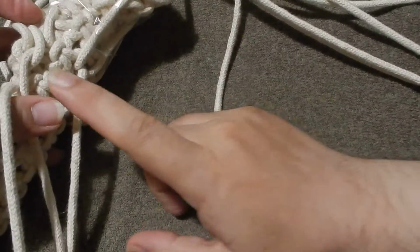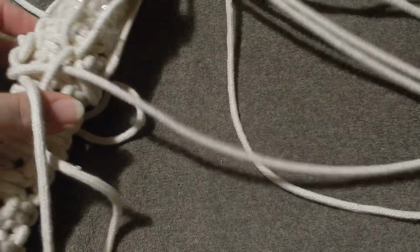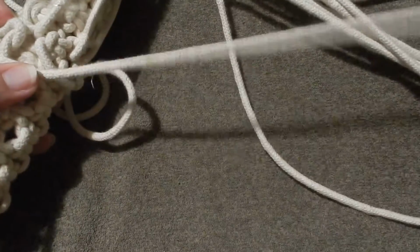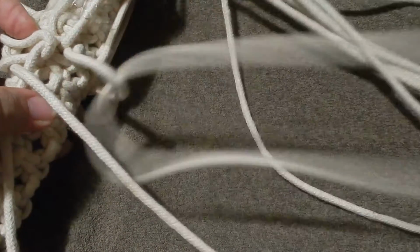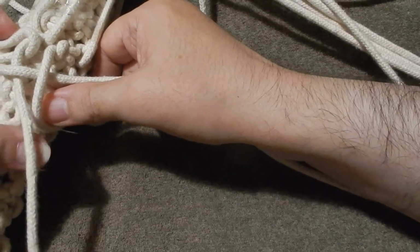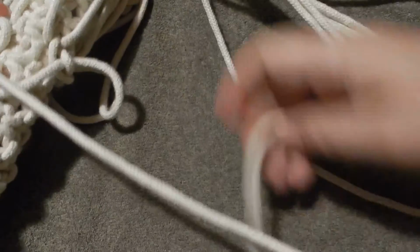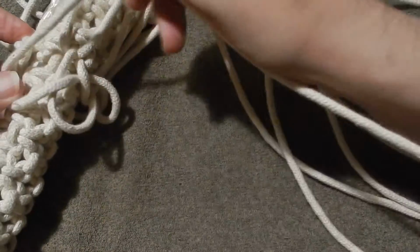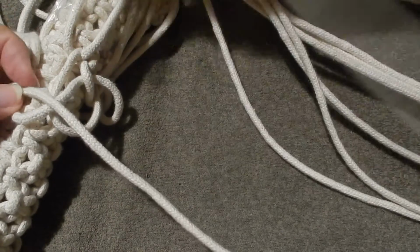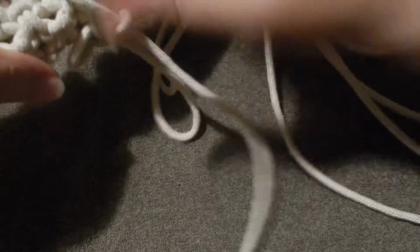For working this without mistakes, this thumb is fundamental. You see this thumb? That's what makes everything clear and without any confusion. So over 1 under 1, you see I bring it and then I hold it. When I hold this, everything will be in proper place. Don't be alarmed. You see I had to open it. So over 1 under this one, under this one, and that's it. Now we should take out the slack